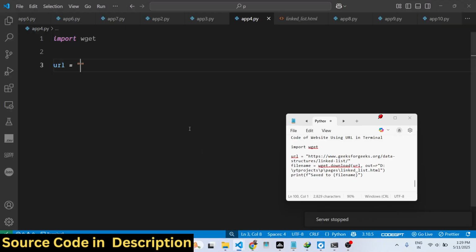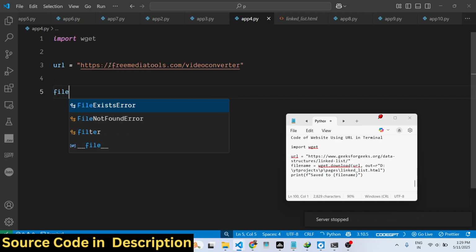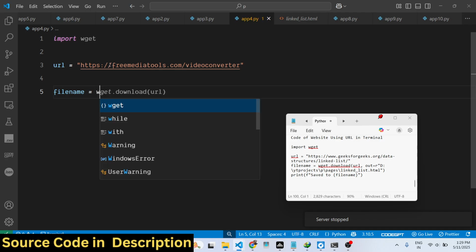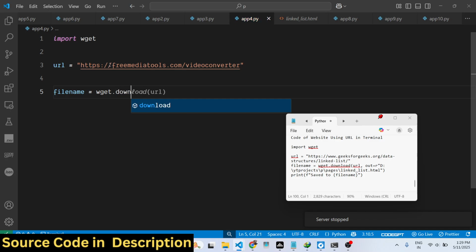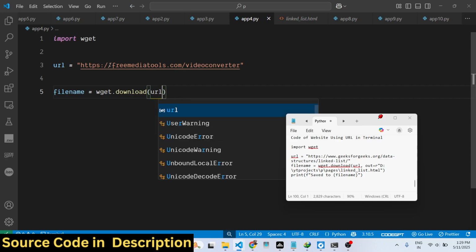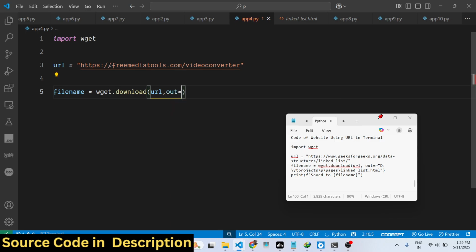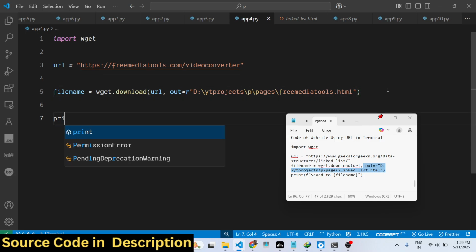I copy the URL, simply paste it, and then I just give it a file name, and I simply say wget dot download. It contains this download function which fetches the web page from this URL, and we pass the URL, and then we mention the second argument where to store it. So inside this we specify the location where we need to store it. So here we'll be mentioning where to create this. So let me give it a file name, freemediatools.html, and then we can print out a simple statement to the user that